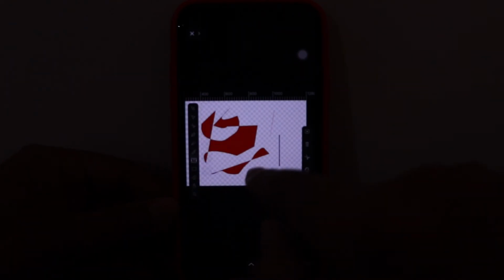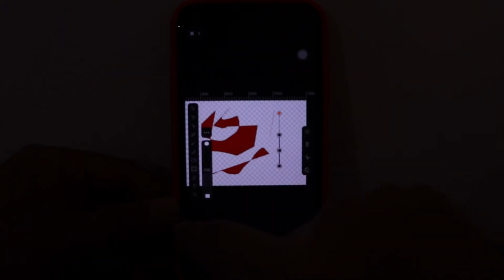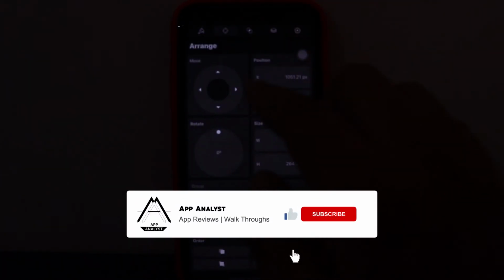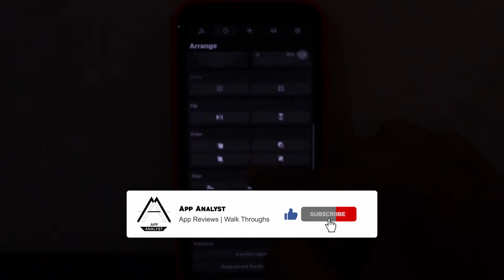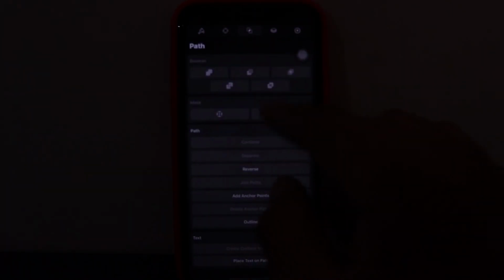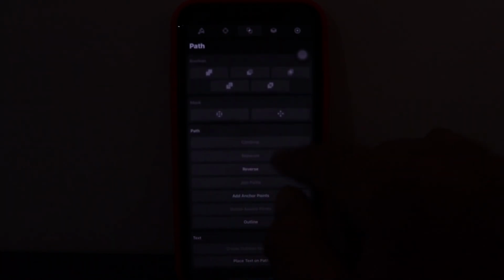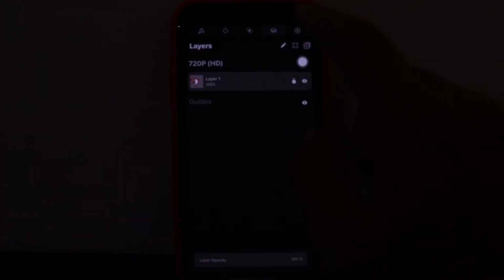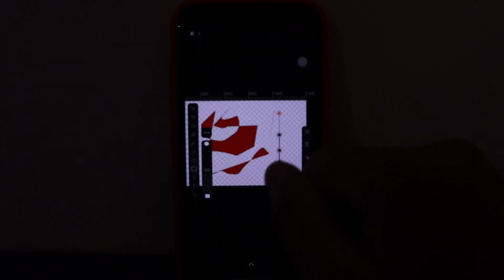Then you have the option for adding text, and you can create various shapes. Similarly, you can go for various options over here. You can move the object, align it center or vertical, and place the position in coordinates. Then you have the option to create different paths. A path is basically what we draw, and this is the layer. You can also add different layers on top of each other, wherein you can differentiate between the layers. So yes, this is it for the app.